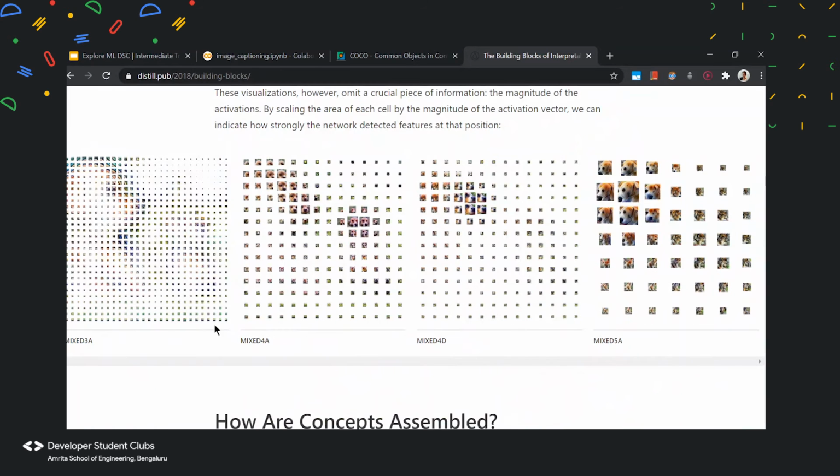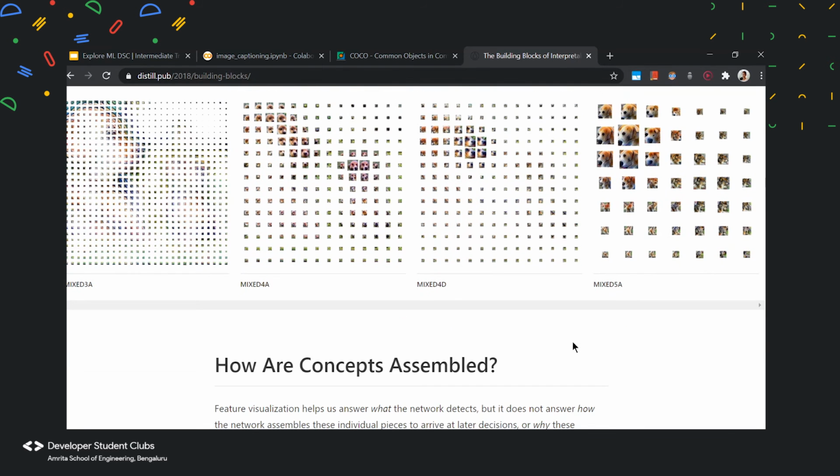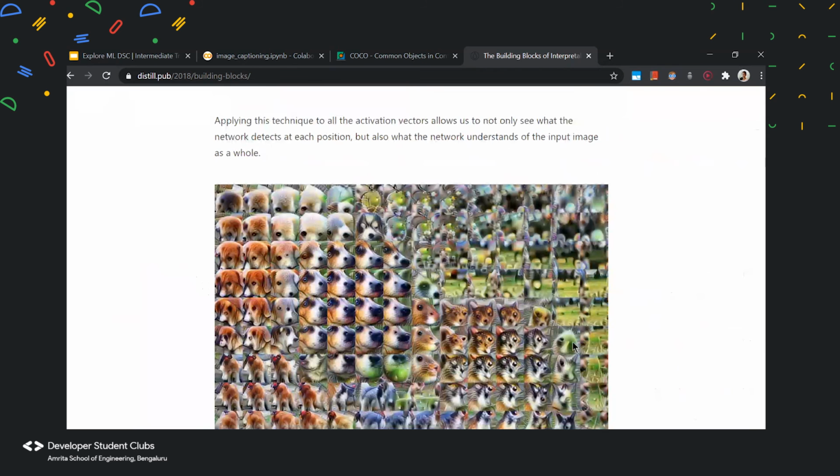You can see that in the initial layer, it's focusing on the outline of the dog over here. In subsequent layers, as the representation changes, it is still giving importance to certain parts of the dog. And as it moves on further, we see that the representation is changing, and so is the importance of each block, or you can say the small image in the representation. So make sure to check out this website as well.